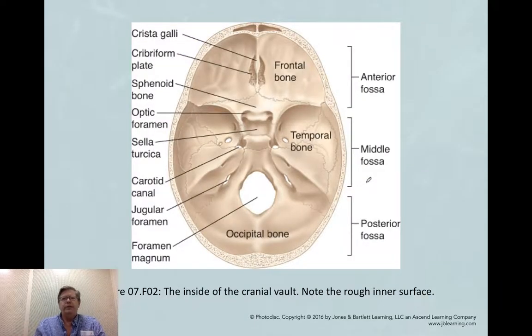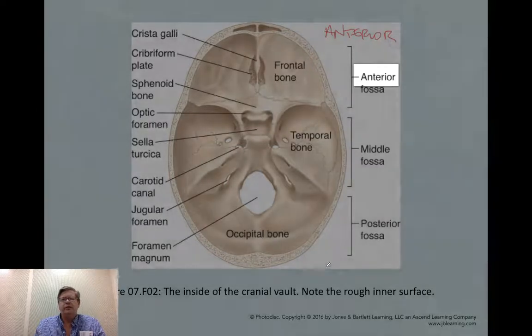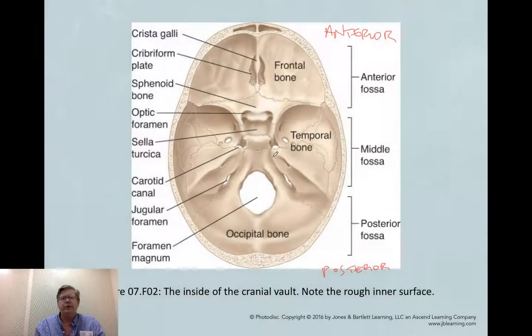Now, within the skull, there are a number of key features that we need to explain. There are three broad sections of the skull. This image of the skull is showing the anterior at this end and the posterior at this end, but we're looking down into the skull from the top of the head. So we're now looking at the inferior view of the skull, that is the image of the base of the